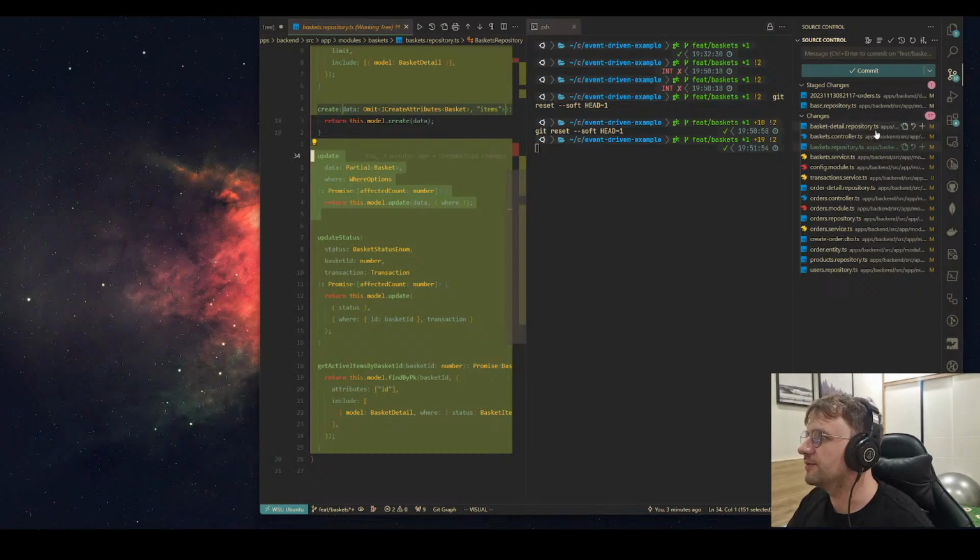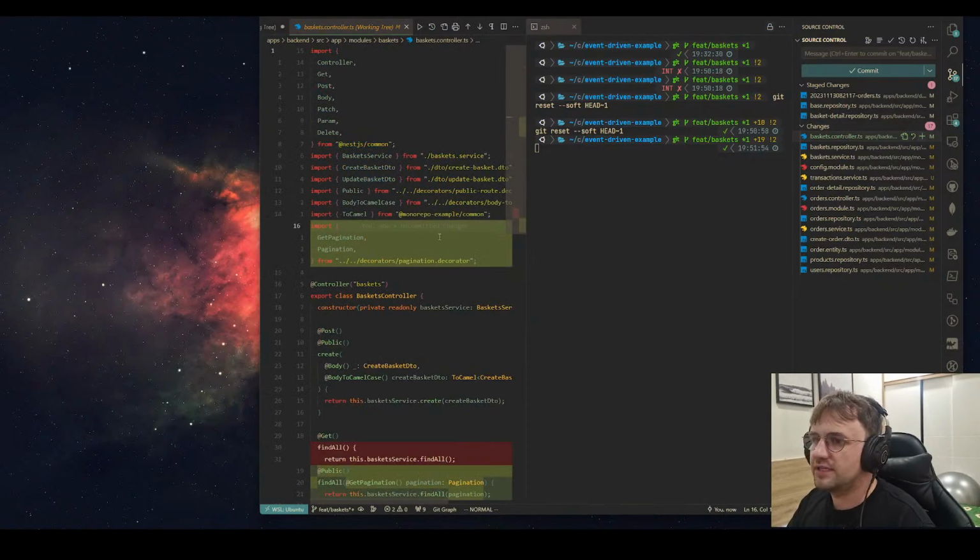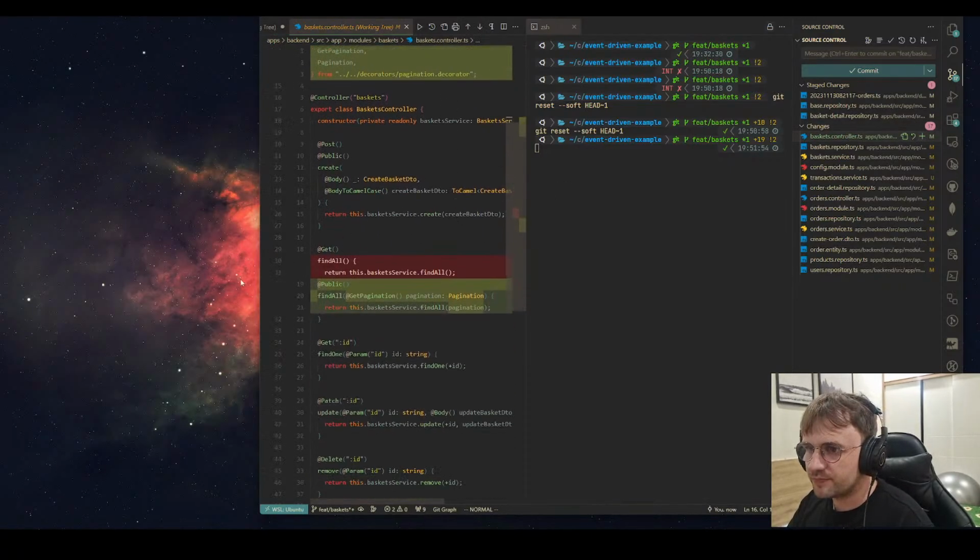All right, so basket detail, let's add that for now. I'm going to keep it just because you never know. I'm going to add that. So this is, I got these